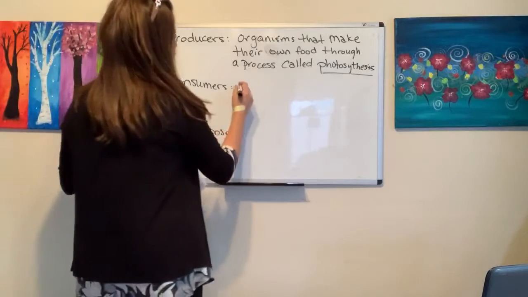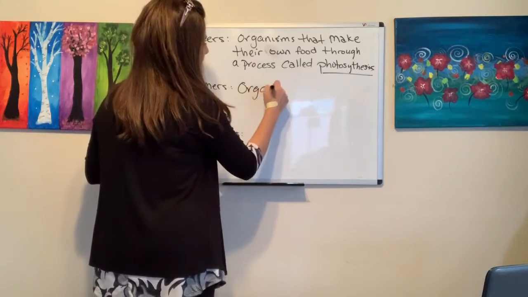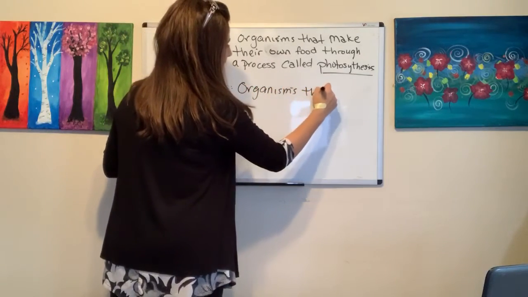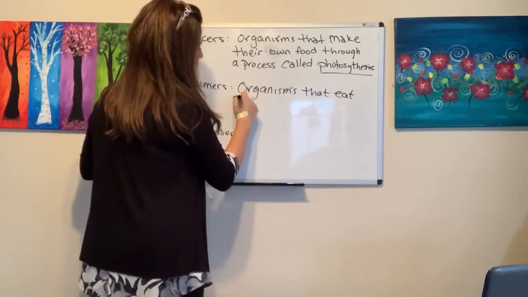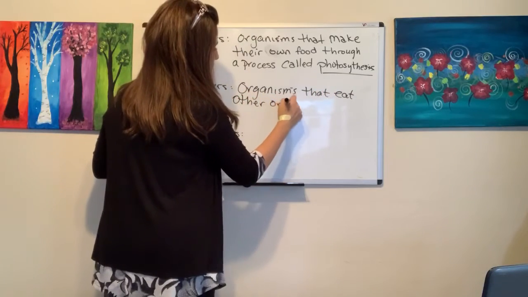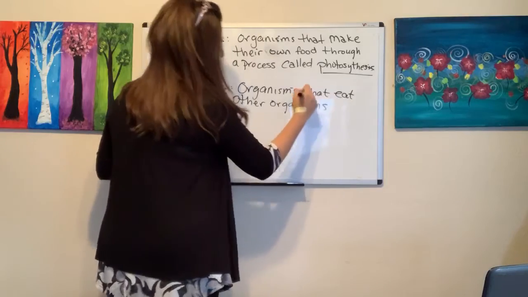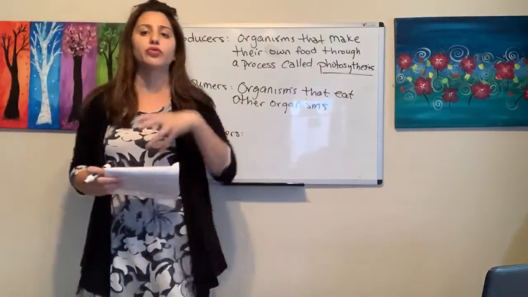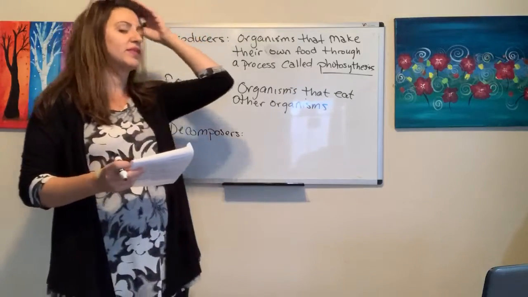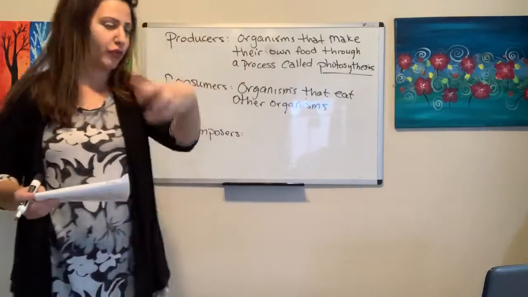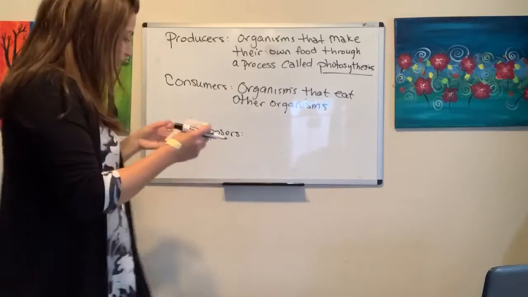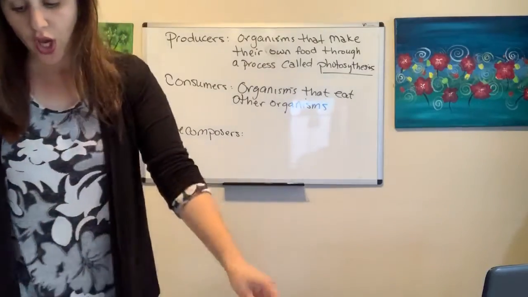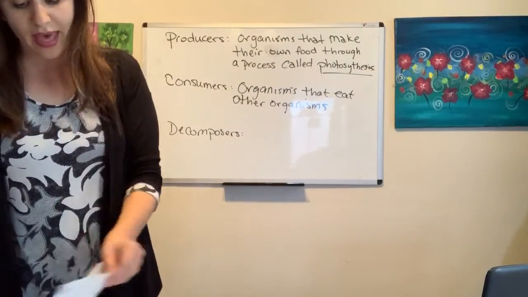Then we have consumers. Consumers are organisms that eat other organisms. So organisms that eat other organisms, those are consumers, okay? They don't make their own food. They eat other organisms, other living things, in order to get the food from them. Those are consumers. And decomposers are organisms that